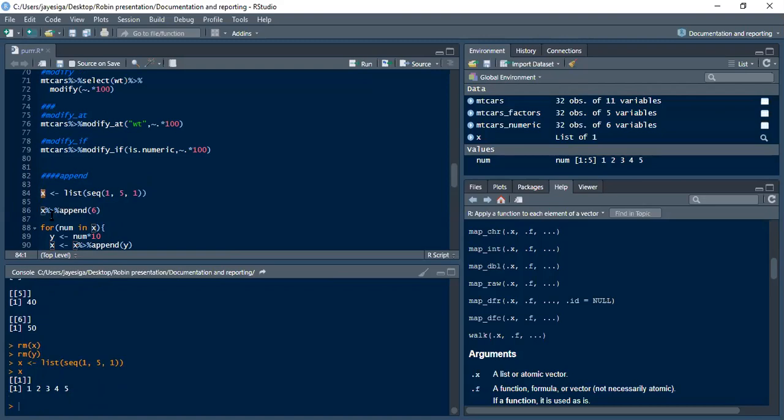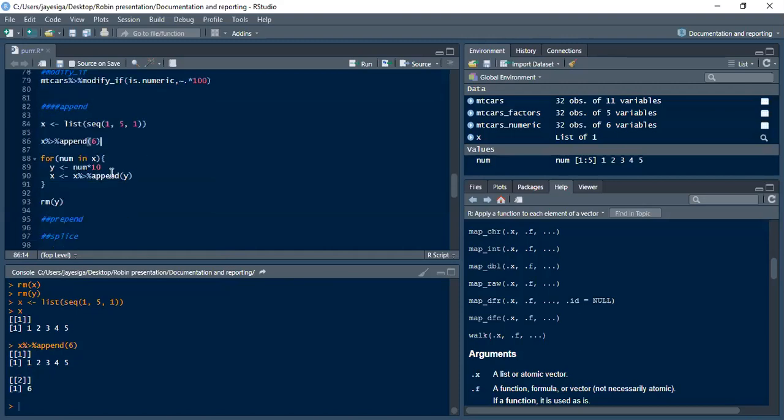But again, what if we want to add a certain element onto this list? That means it will be just an individual number added into a list having one vector. So that means your X, and then after that you append 6. So if you can see, we have one element in this, which is the vector, and then 2 elements in that list, but this is a vector and this is just one value. So you can say, well, a vector and one numerical value. But again, most times where you would really use this append function is when maybe you have a for loop,